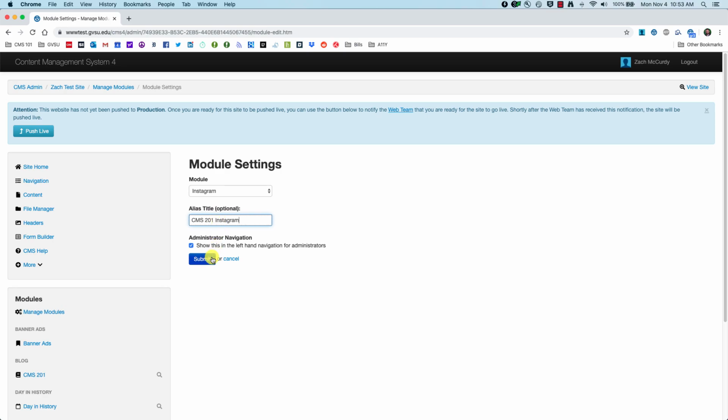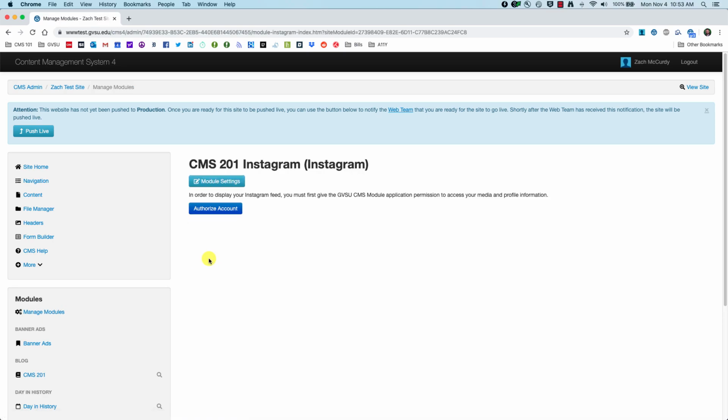There we go, and click Submit. So what this will do is this will automatically pull in pictures from an Instagram account to a page on your CMS. So in order to do that, you first have to authorize the Instagram account to pull in the pictures. And so if I click this Authorize Account button,